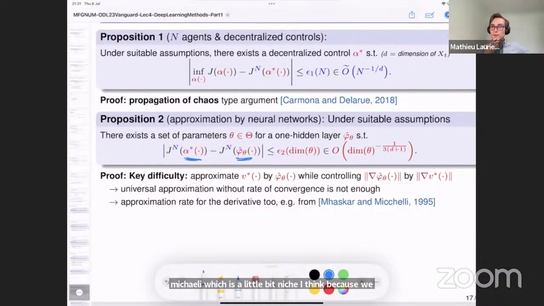So earlier, someone asked me about the regularity of the control. And precisely here, this is the kind of result that we need. We need the optimal control to be smooth enough so that we can approximate it precisely by a neural network. You can imagine that if you have a discontinuous function jumping everywhere, it will be very hard to approximate. You will need a huge number of parameters. But if you have a function which is almost a constant, then it should be very easy to approximate it, at least in sup norm.